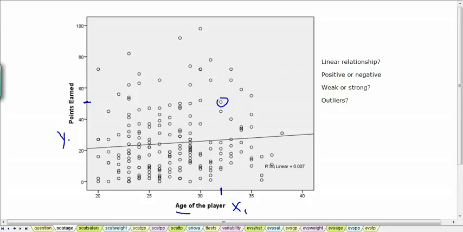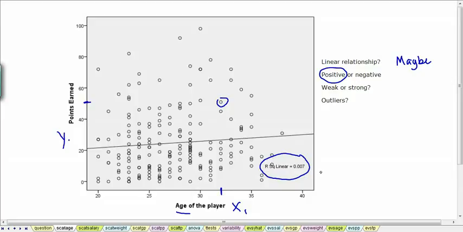And we see that the points are quite scattered, and there may or may not be a relationship, but there's definitely not a pattern of a curve or an exponential function. So we'll say that there might be, and we can then look and see that I've got a fitted line here. So that's the simple linear regression line fitted to this particular variable. And we see it's going upwards, so that means it's a positive relationship. And as I said, it's a very scattered collection of points of the age of the player with the points earned. So that would indicate it's a weak relationship,